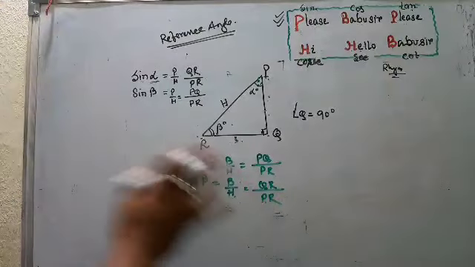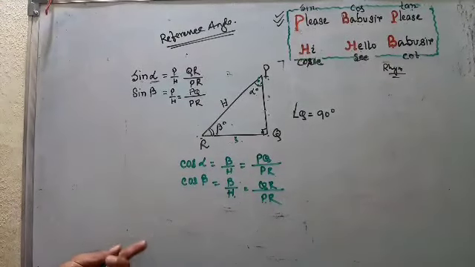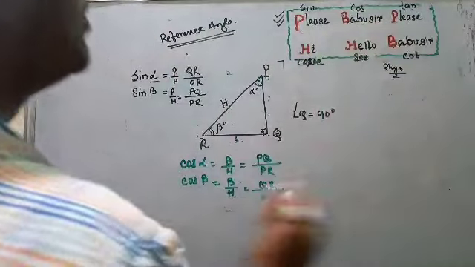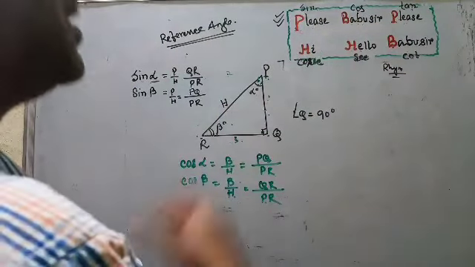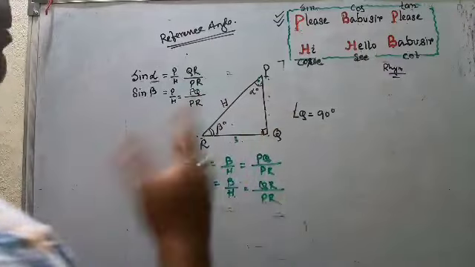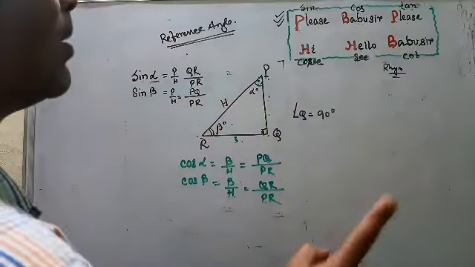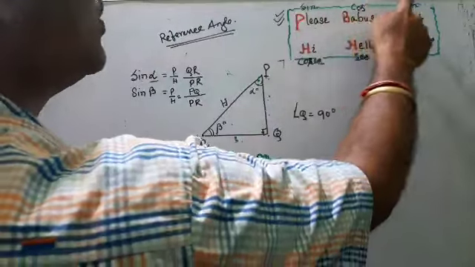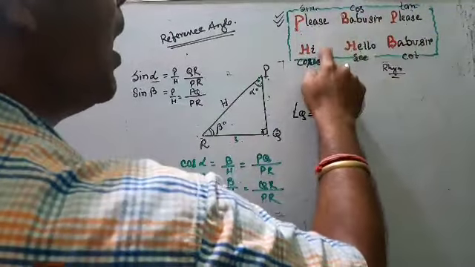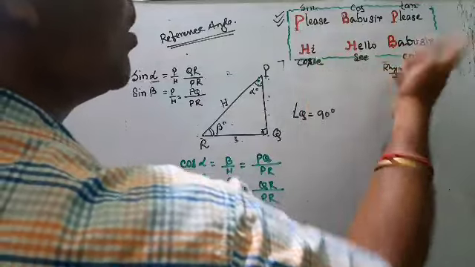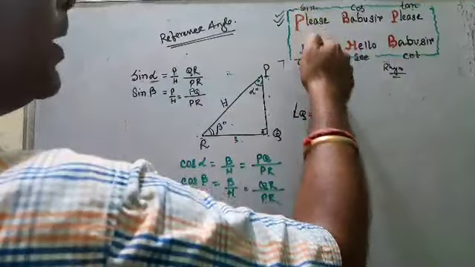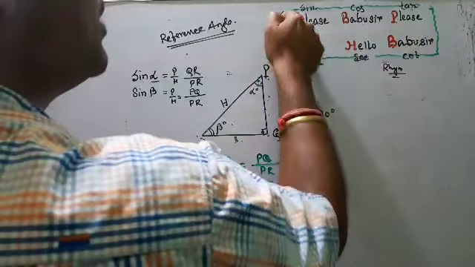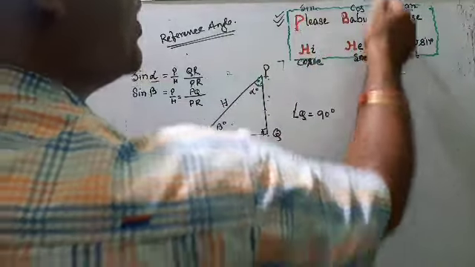So like this we find all the ratios. For this you have to learn sine means P by H, how do you know sec means H by P? You have to learn. So no need to learn, again I tell, no need to learn. We just follow this rule. Sine, cos, tan, please, bow sir, please, hi, hello, bow sir, cosec, sec, cot. For sine P by H, cos B by H, tan P by B, cosec goes upside down, H by P, H by B, B by P, like this.